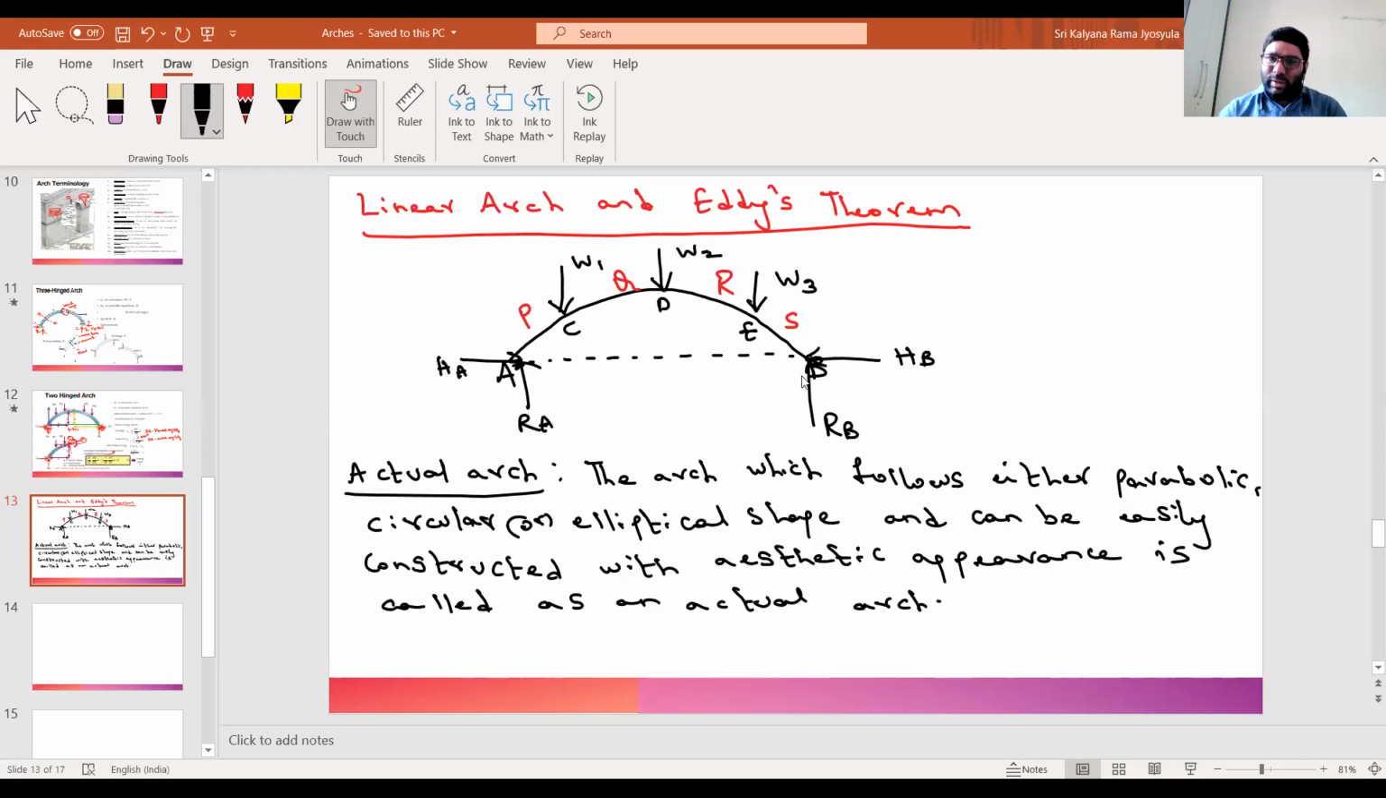So right now we have seen the actual arch. In tomorrow's class, we will see what a linear arch or theoretical arch is, how we arrived at that, what Eddy's theorem is, and what expressions are required to analyze a